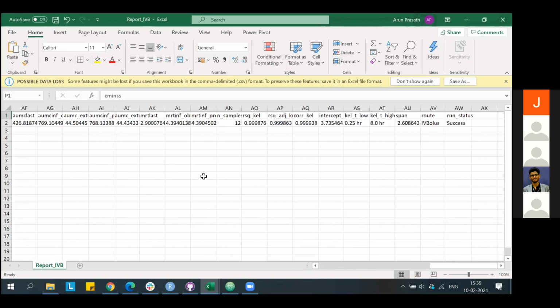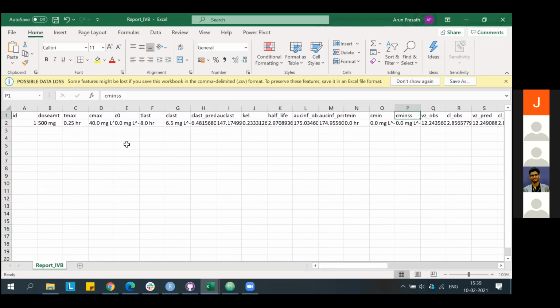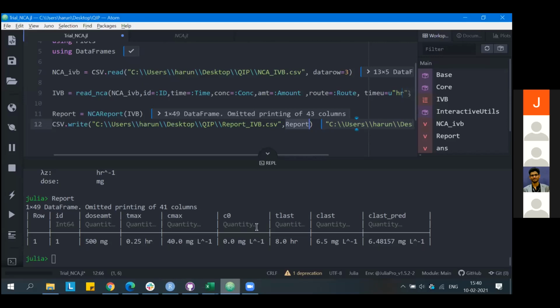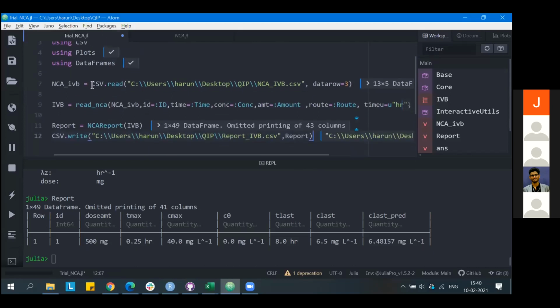You can select whatever parameters you want from this complete set of report. So that is literally the steps to perform an NCA analysis. That is, you should have all the packages installed, import the data set or the raw data, parse the data using read_NCA function, perform the report using NCA report, and then export the results.